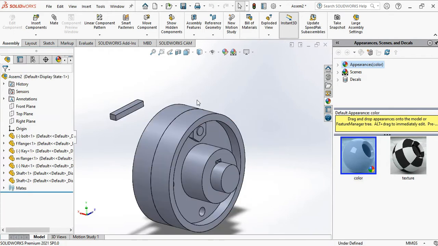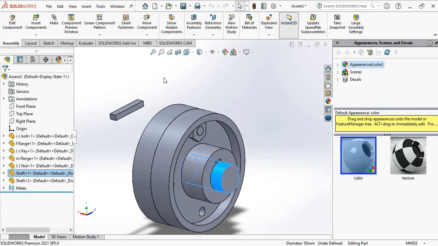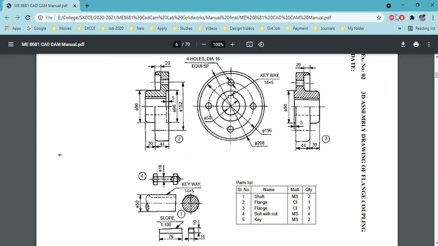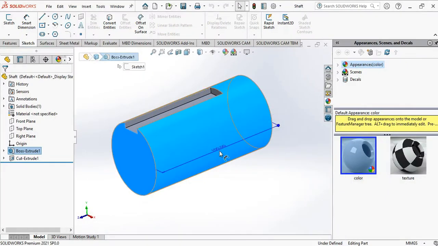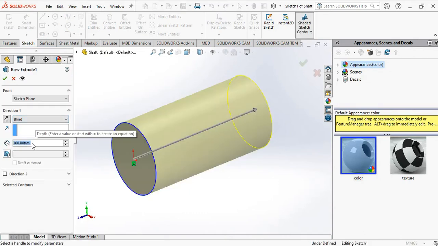For our convenience, let's increase the length of the shaft, because the shaft length is not mentioned in our diagram. So let's increase the distance as 120 mm.